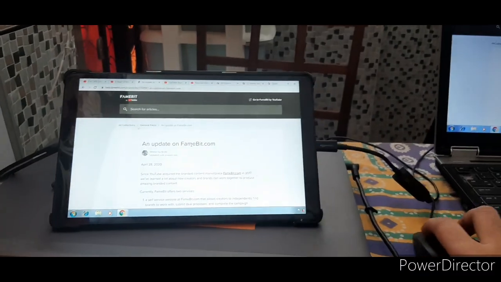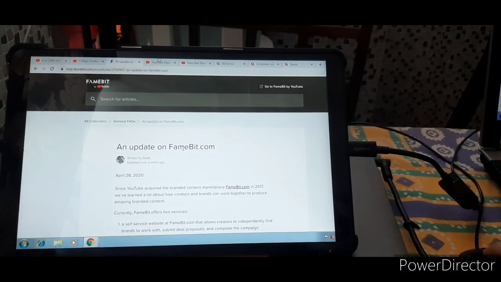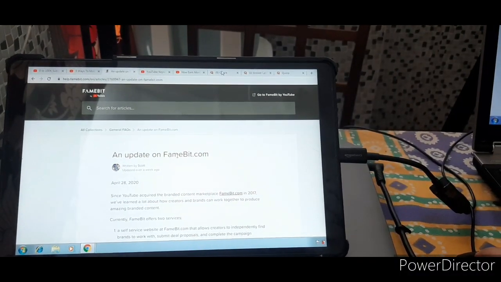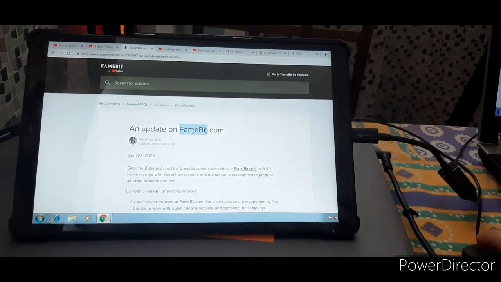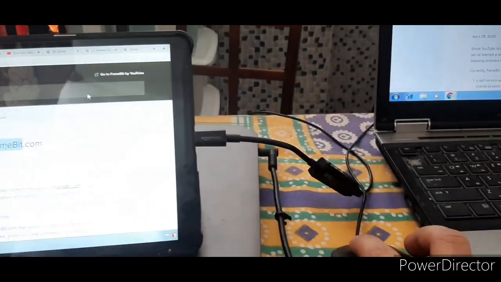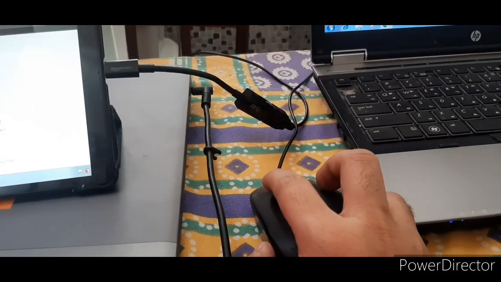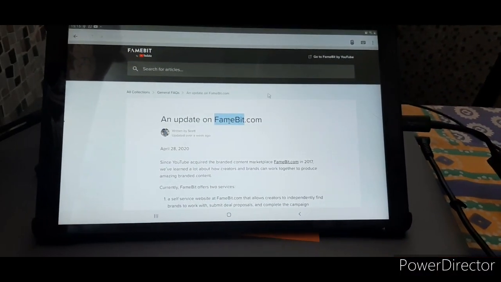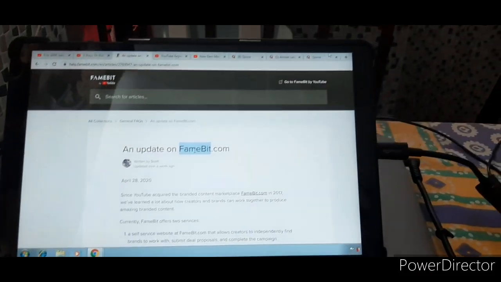I have connected the mouse to my tablet, and you can see I am able to operate it using a mouse. I have connected a USB mouse using an OTG cable, connecting the OTG cable directly to the mouse. That way it is possible, and you can see it is working with the mouse as well.